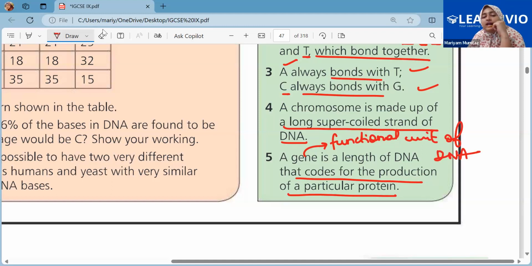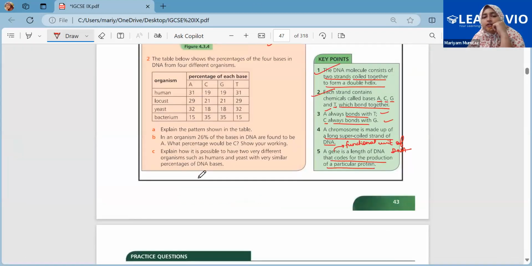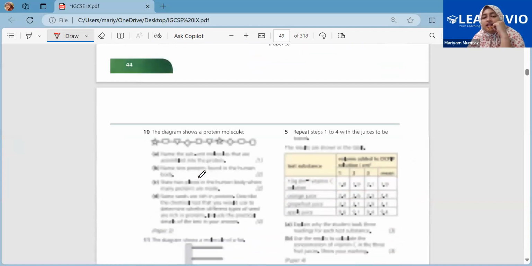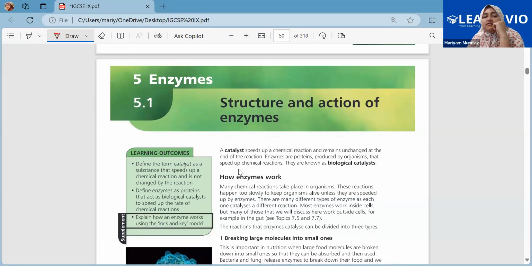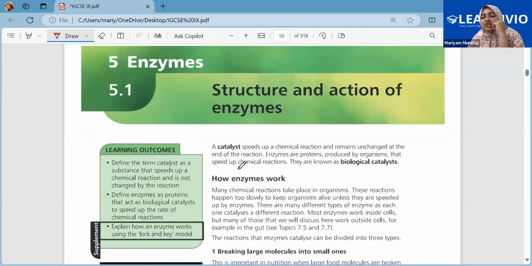So with this, we have completed the chapter that is DNA. I mean, this biological molecules. Now the next chapter is enzymes. Shall we start the next chapter? All right. Now in the enzymes, the first thing to see is the structure and the